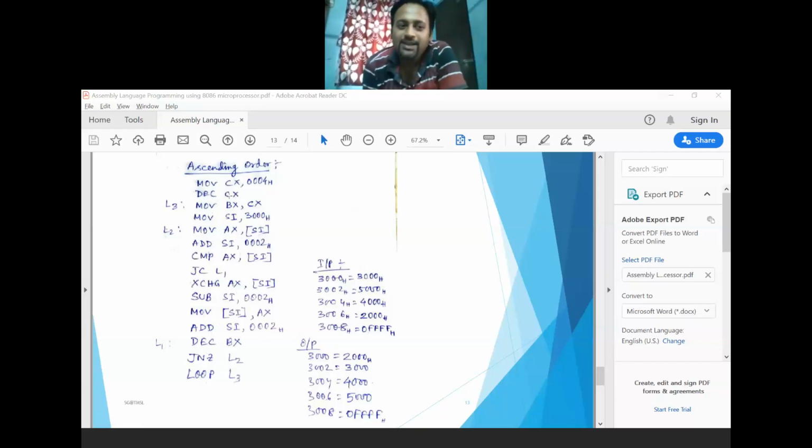Okay, so if the decrement operation is not given in this position, how will the content be saved onto BX? Clear? But if the loop instruction is used, it is not mandatory to use this DEC CX. Directly you can write it as MOV CX, 0004. Is it clear? Yes, sir.